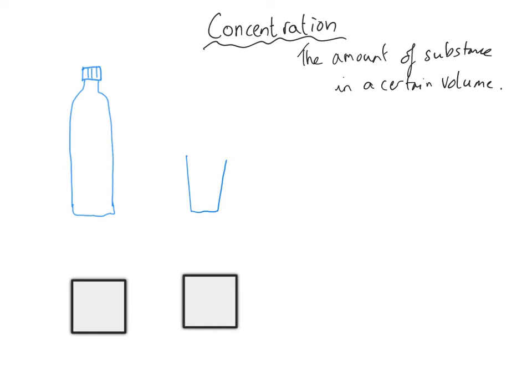Now the best way to introduce this as a concept is to think about something that we consider more often than we talk about the chemistry of it. And so if we consider this bottle on the left hand side and we say that this bottle is a bottle of orange squash. Now this orange squash, we might describe it as being very concentrated. And then if we take some of that orange squash and we put it into a glass, maybe up to this level on here, and then we turn on the tap